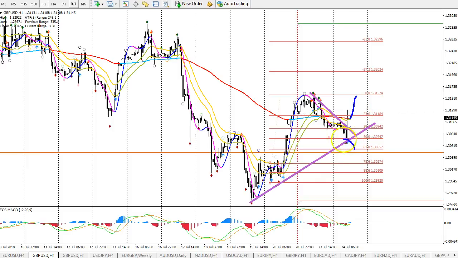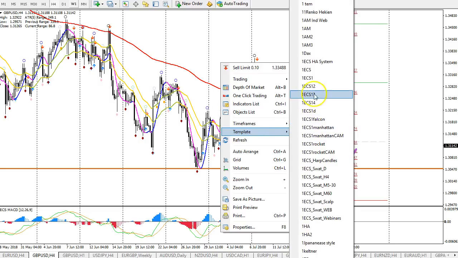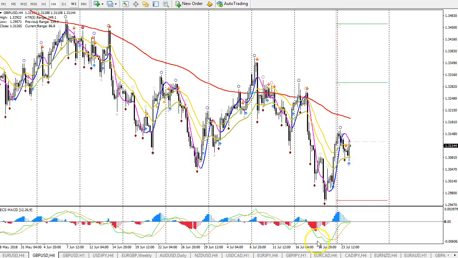And as long as it stays above this support level, there's that good chance that it can move up to the minus 272 target or the minus 61.8 target and complete that wave 5 of a bigger wave A, I think. Regarding the 4-hour chart, let's renew this template after all these drawings,